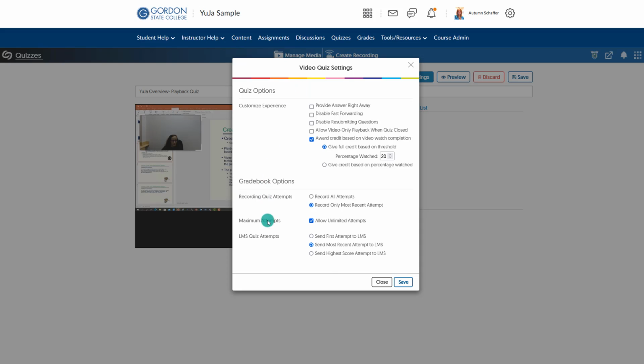And then since this is just a playback quiz and I only want to look at the settings, I'll choose settings, and then I have some different options here. The majority of these pertain more to content related quizzes, but there are a couple of settings that you may want to look at for playback quizzes. The first one is disable fast forwarding,